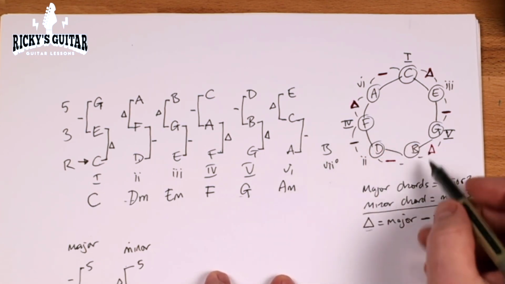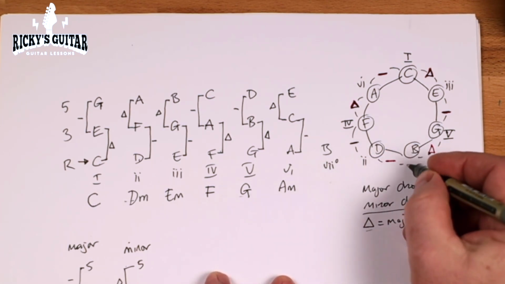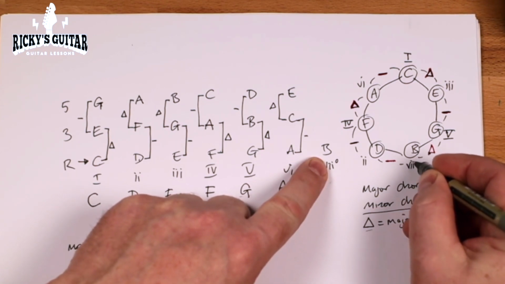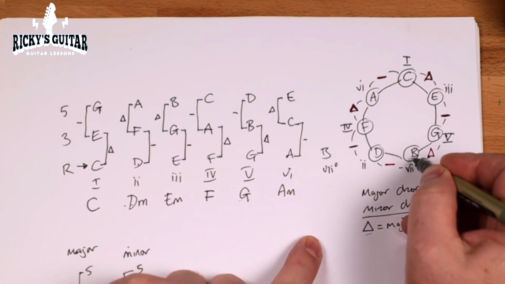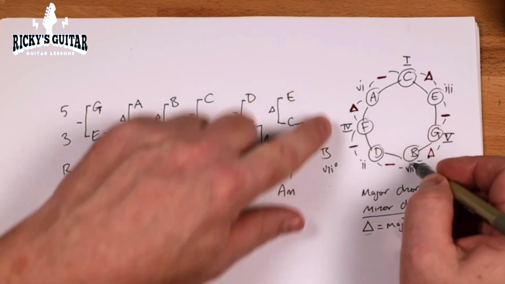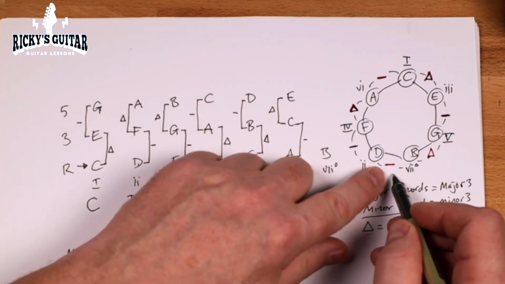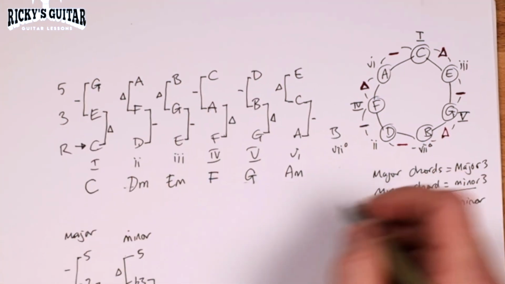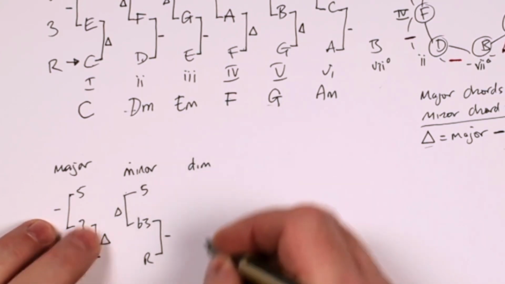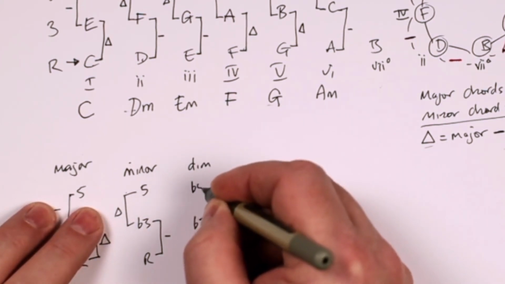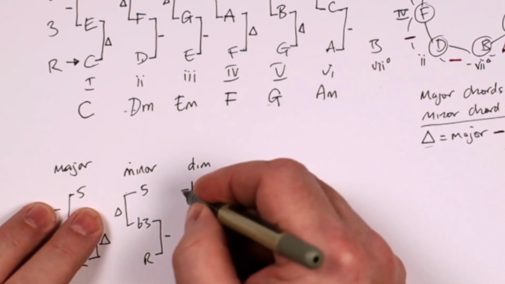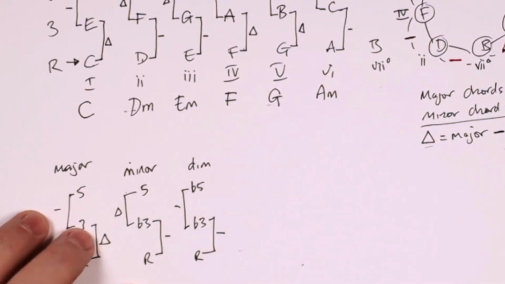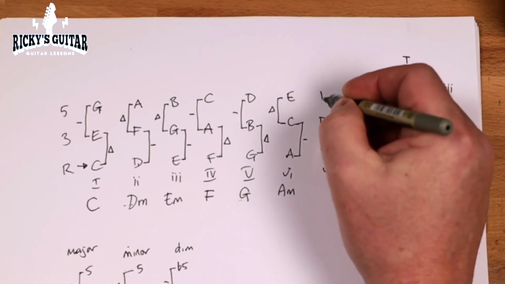Now we've got a tricky one. And actually, because we've spelt everything out, we can see that this B here is going to be chord 7, which is diminished. It's got this little circle here that denotes diminished. And if we look, we go root, third, fifth of that diminished triad. We can see we've got a minor third followed by another minor third. So this changes the rule ever so slightly. We get a root, flat third, but we also get a flat fifth. If you imagine pulling that fifth back a fret, then it would be flattened. It's important to know if you play blues. So there you get 2 minor thirds that stack on top of each other. So B, D, F,